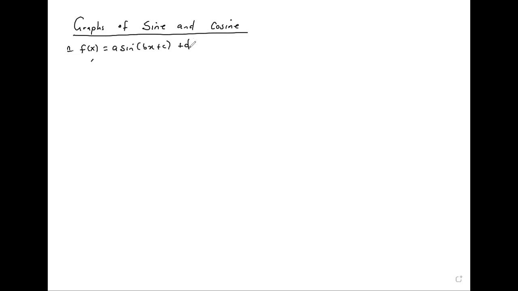We are saying the amplitude is always equal to the modulus of a, meaning that it must always be positive of the a given. The period is 2 pi over b. The phase shift, horizontal,